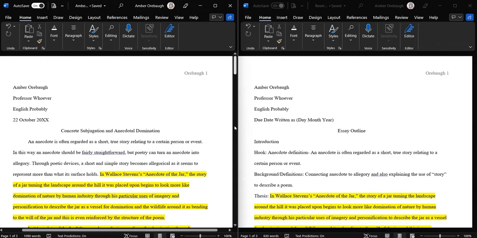Just for a little bit of background, the reason that you might want to learn how to do a reverse outline is that it's a pretty useful tool to check and make sure that you covered everything that you wanted to cover within your essay, especially if you have a prompt or any type of guideline that you should be following to help you get through an essay.